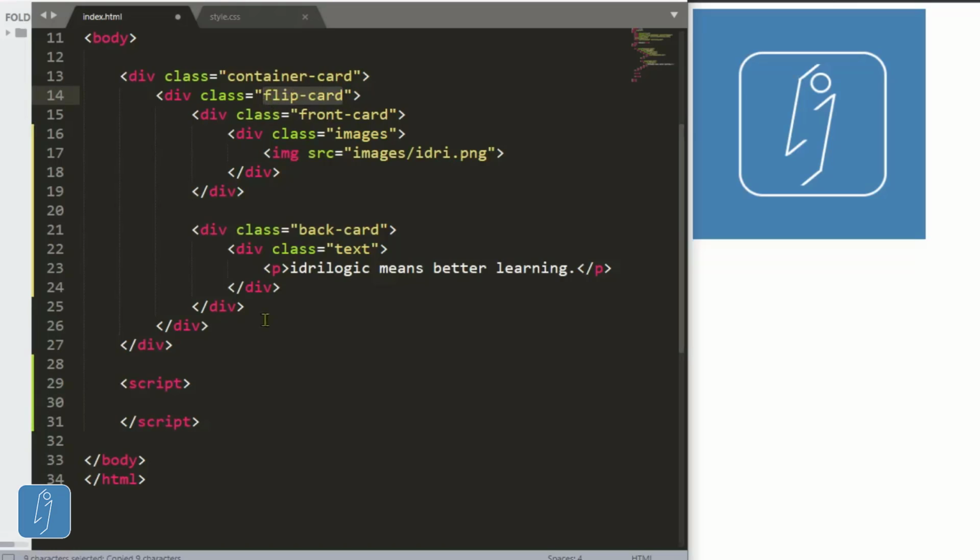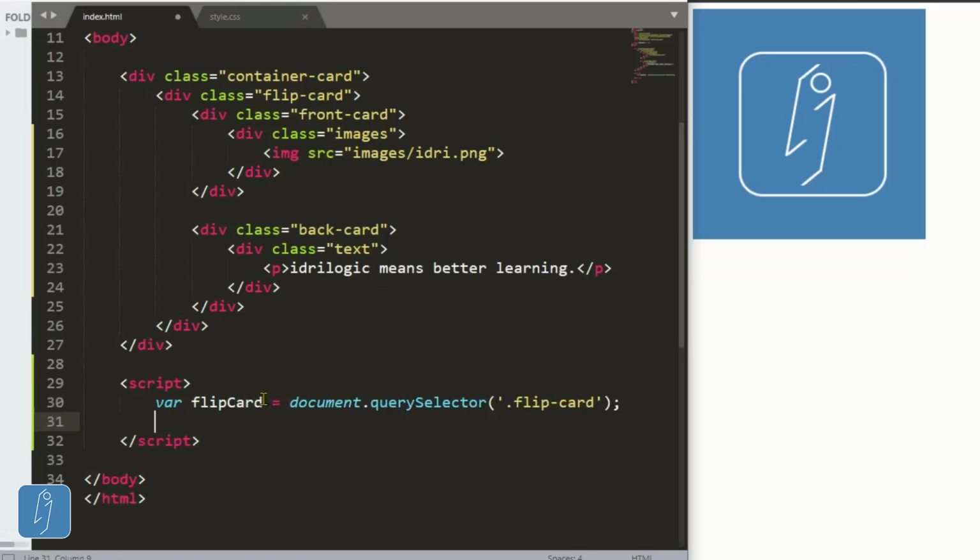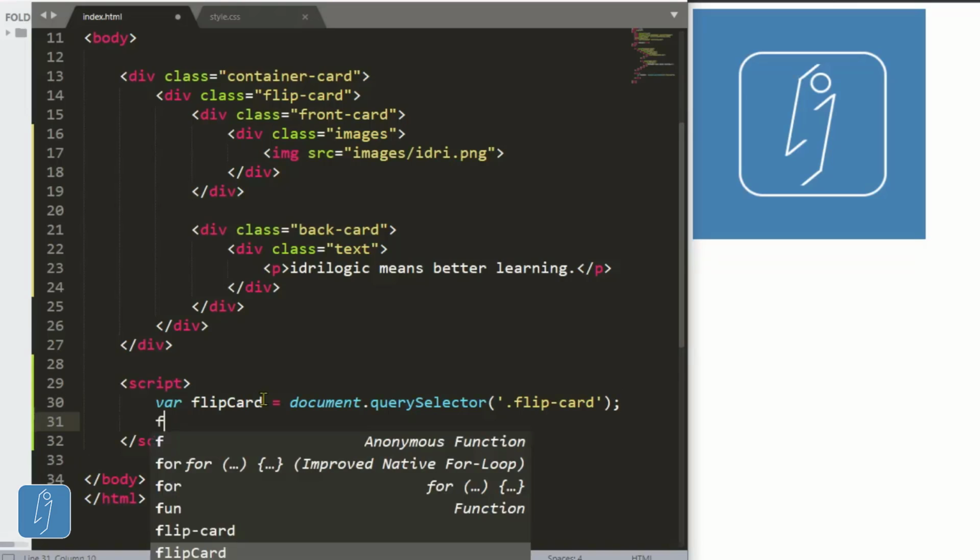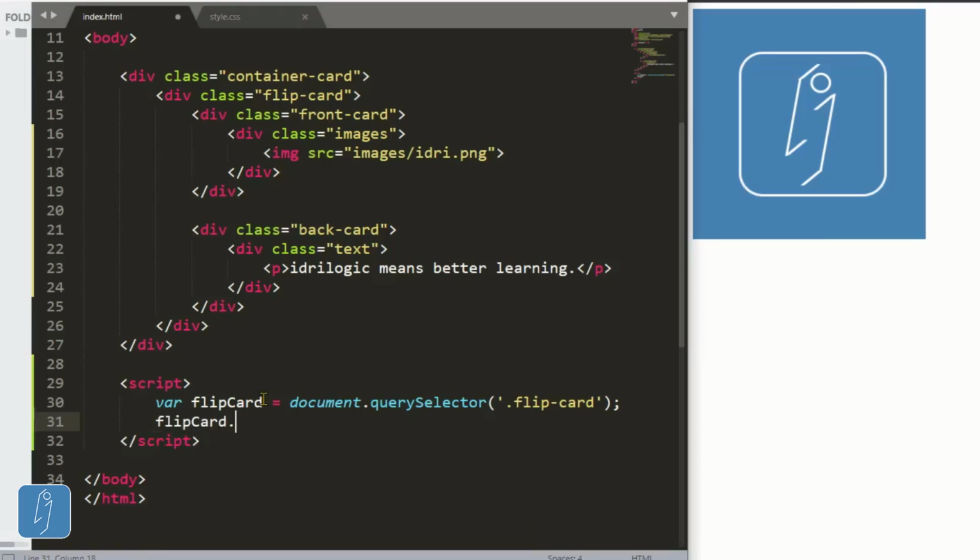So document dot query selector. I'll give it a var of flipCard, just to be easy to call later. Here I'll do flipCard dot add event listener,